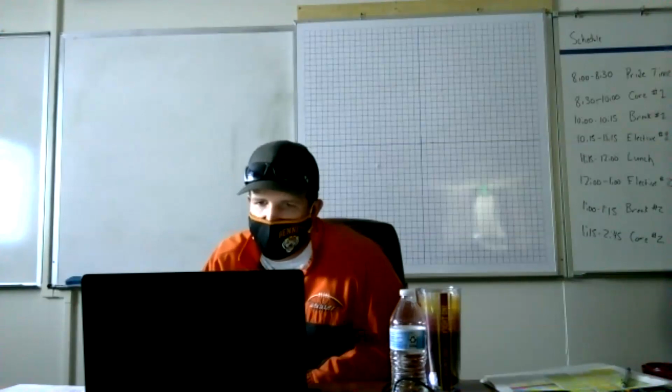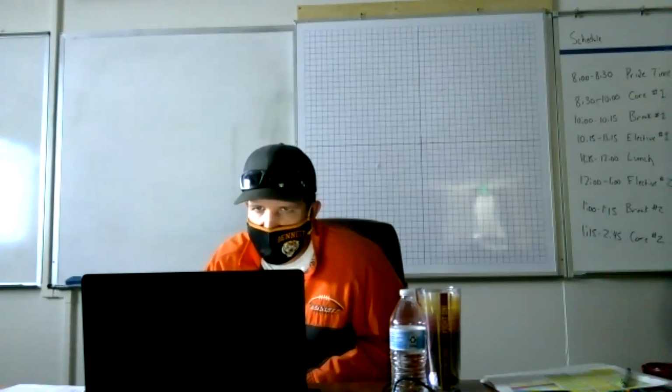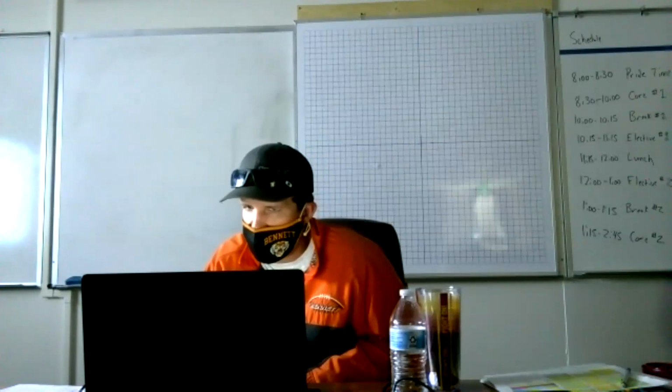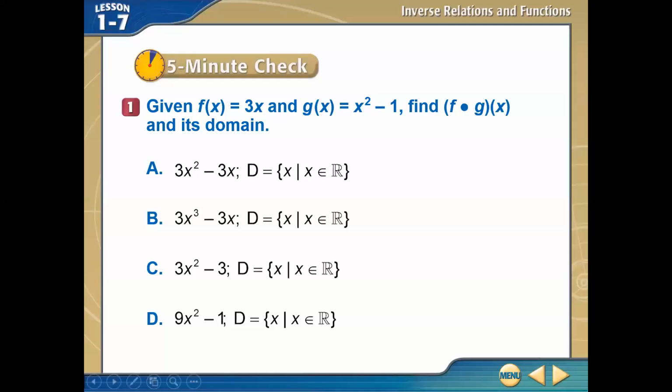All right, but now we're off to lecture because we did our self-evaluation last week in our advocate for ourselves and catch-up day. So first, we're going to be talking a little bit about review. So we're given f of x is equal to 3x and g of x is equal to x squared minus 1. It wants us to find what f times g of x is and the